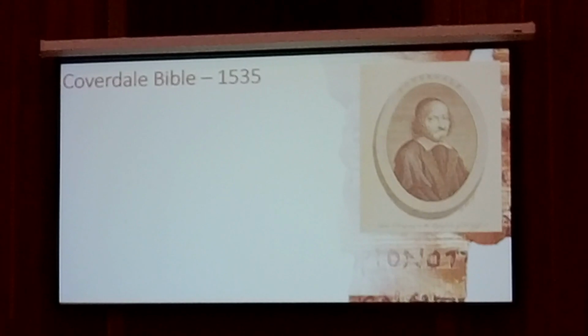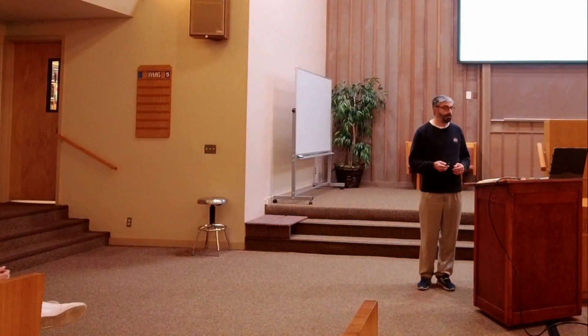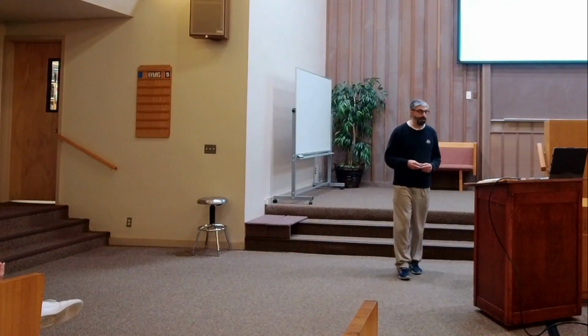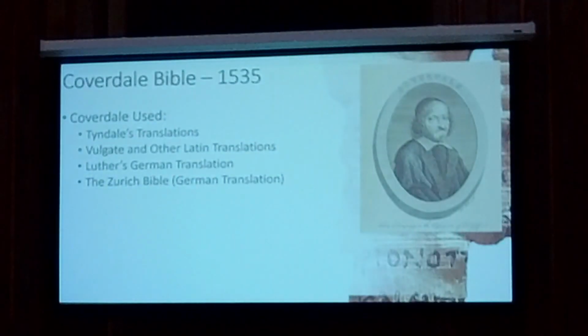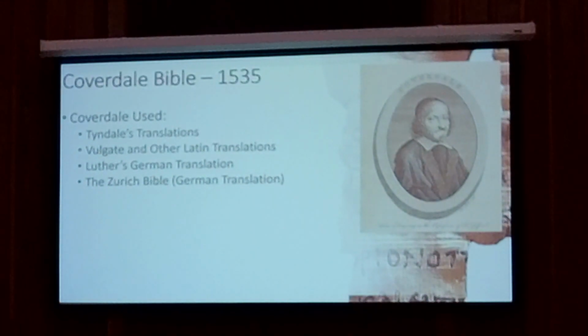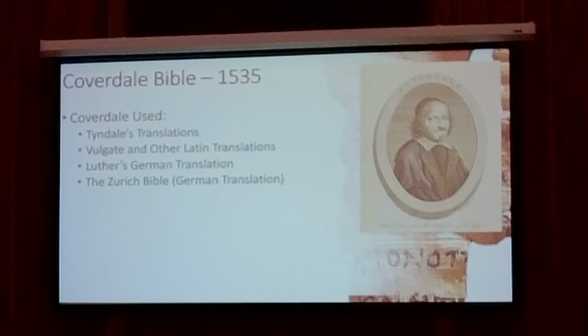Coverdale was much better at Latin than he was any other language. And he fully, completely admits that this is the case. It's not that he couldn't do other stuff, but he was not an expert in these others. And so he worked a lot with the Latin in particular. His Bible was heavily dependent upon other people's translations. It was, first of all, dependent upon Tyndale's translations. He heavily leaned on what Tyndale had done. What Tyndale hadn't done and what needed to be revised, he used the Vulgate and other Latin translations, as well